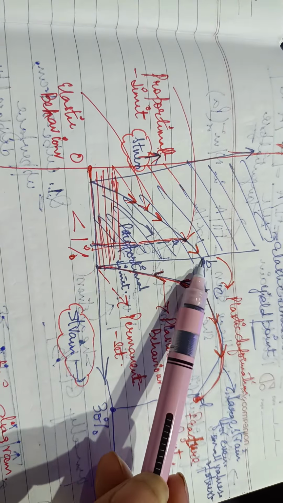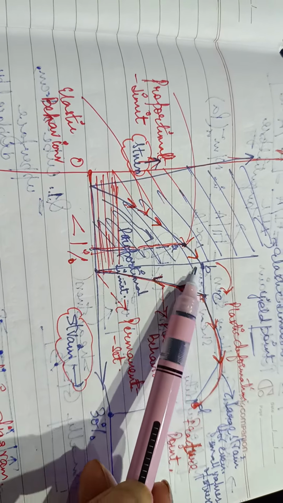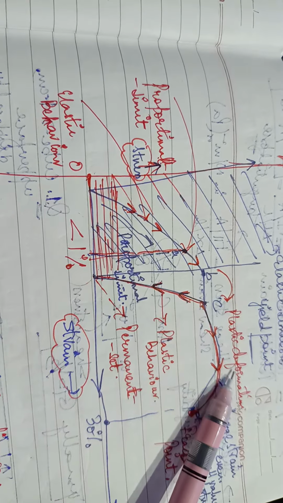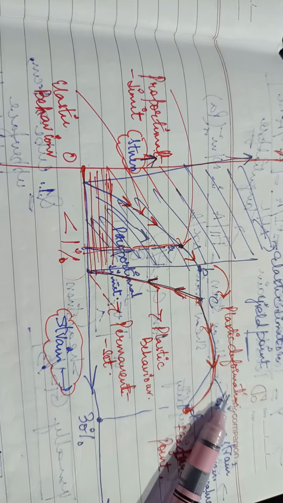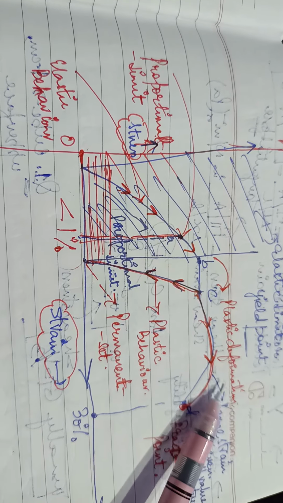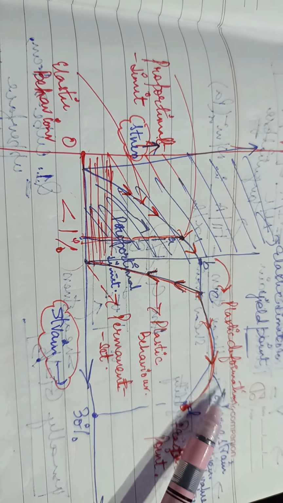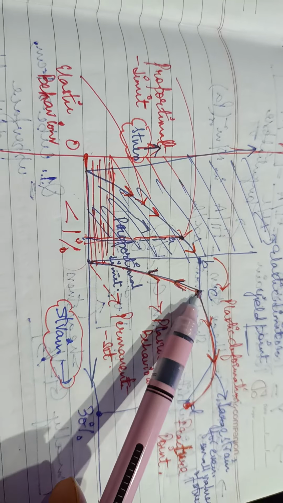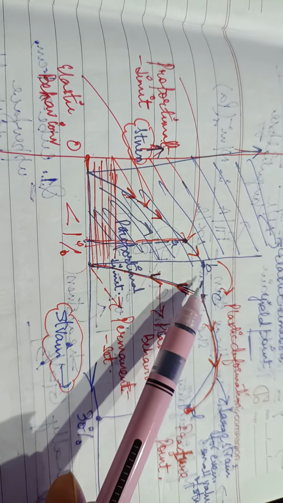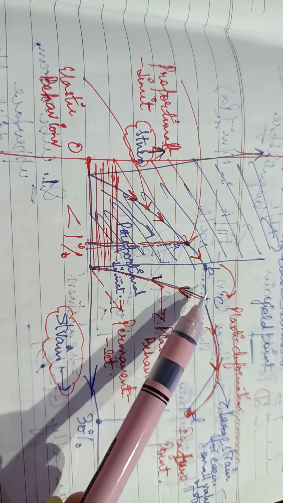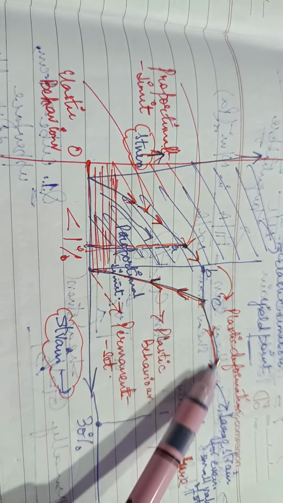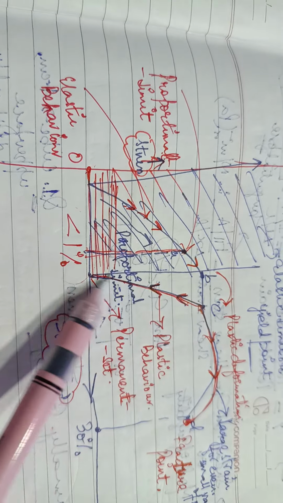Now when we go from point B to C, here the plastic deformation starts. That is, the elastic nature of the object or material starts to decline and the plastic nature comes into the picture. And up till point C, if we release the amount of stress we are applying, the graph will not retrace. It will go back to